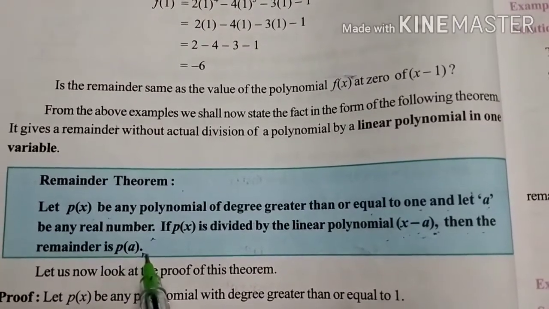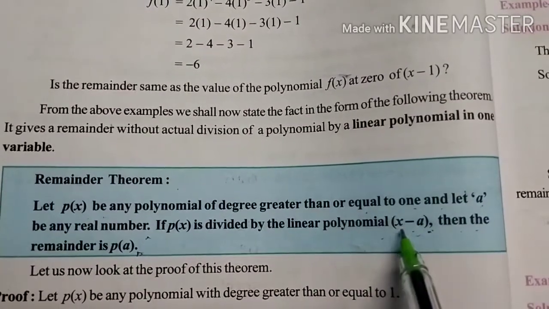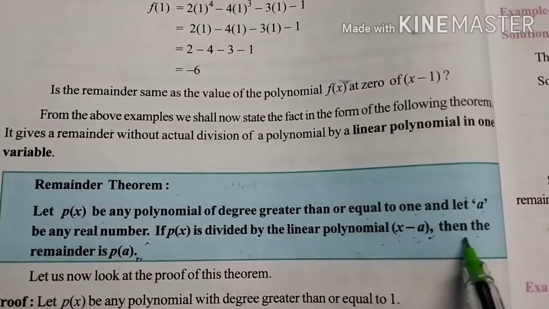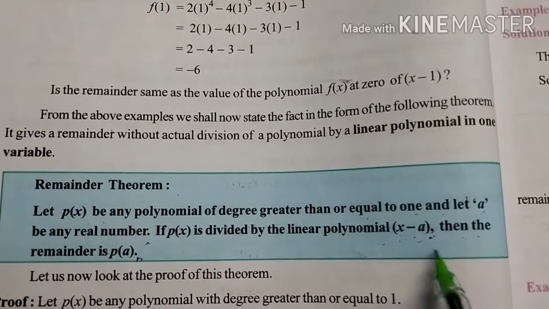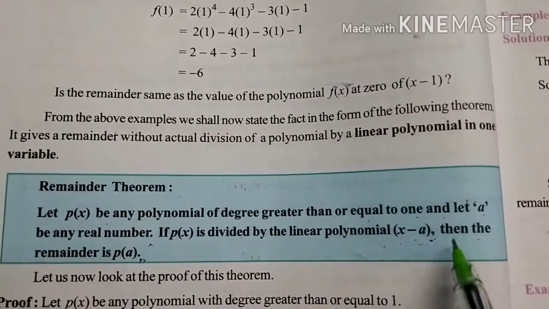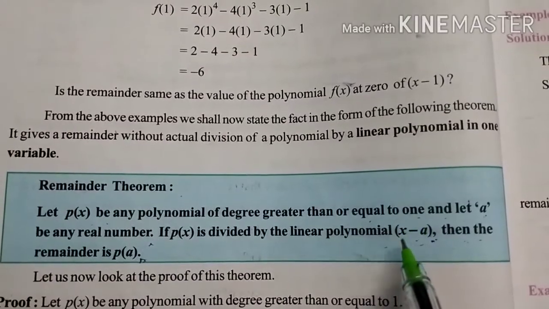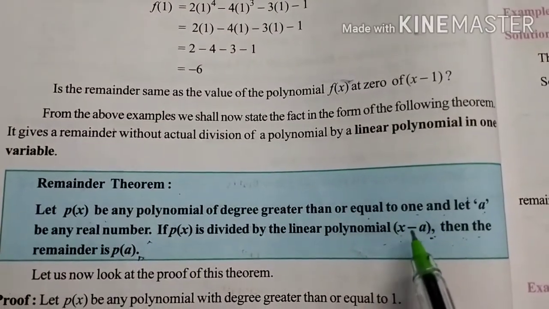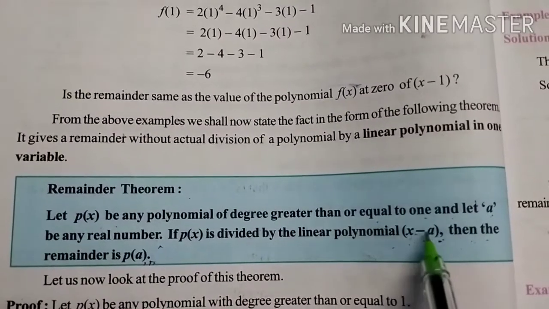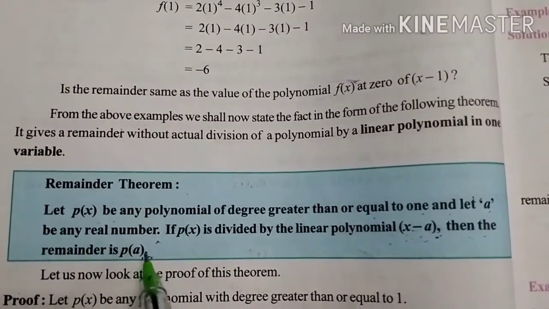You have already discussed this in the previous one. How can you find the zero of x minus a? Just equate it to 0. x minus a is equal to 0 means x is equal to, if I am transposing a to RHS, 0 plus a. That means x is equal to a. The linear polynomial is written as the remainder. If it is x plus a, you can take p of minus a.